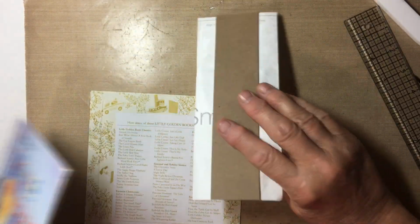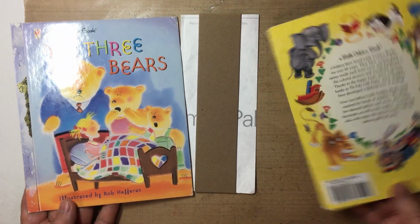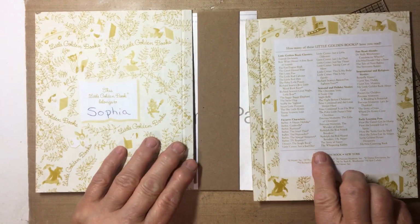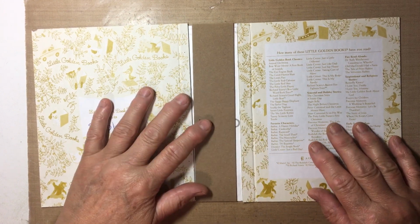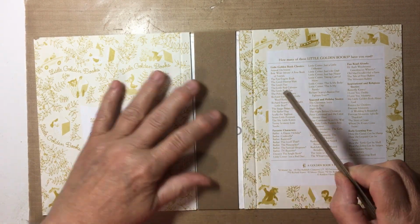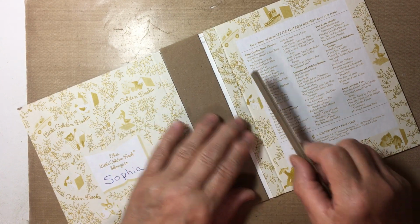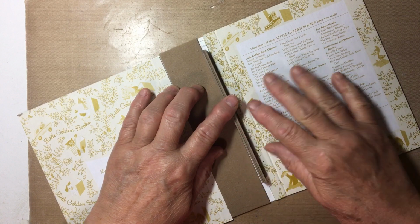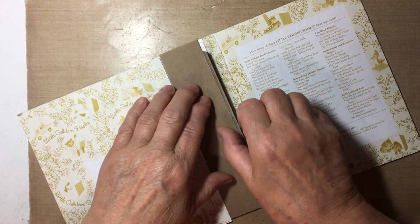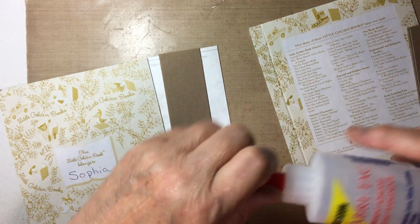First, what we want to do now is make sure that our covers are going in the right direction, so I don't go and do something like that. So here we go, they're in the right direction. And I have a template that I made that is 3 layers of the medium weight chipboard, and I use that for my hinge, so that my books will fold evenly and nicely. So what I'm going to do now is use some Fabri-Tac,